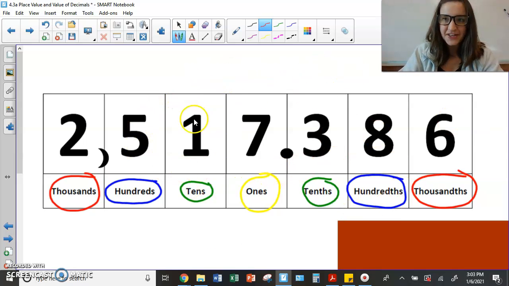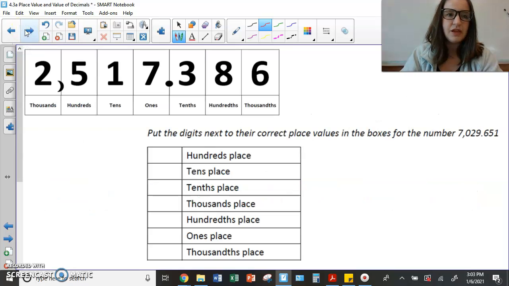So place values follow a pattern, okay? And so each place value to the right is 1/10 smaller than the place before that. And we're going to look at those examples in my representing decimals video. So let's use this guide up here and let's put the digits next to their correct place values for the